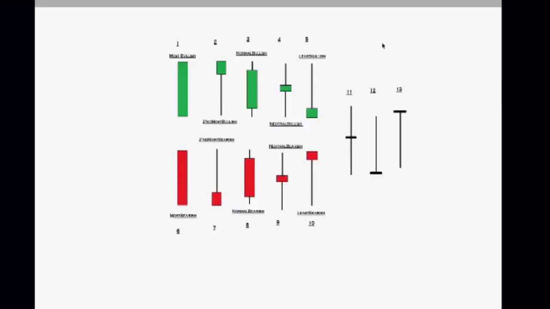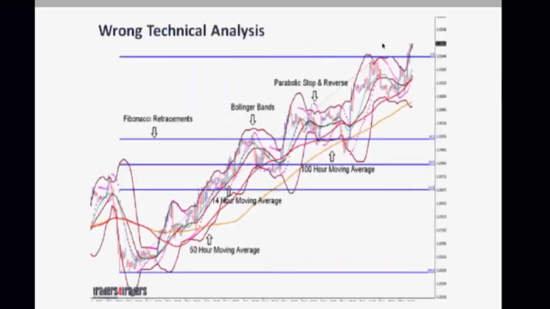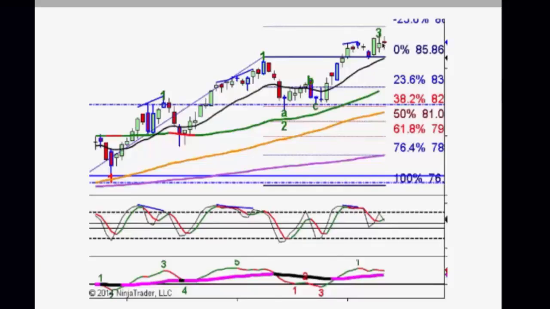Here's another thing I learned not to do. These are called candlestick formations, and total hogwash. I have another word for it, but none of this makes any sense. And you see this kind of stuff, Bollinger Bands, Fibonacci retracements, all of this stuff. Here again, all after the fact. Here's another one, retracements, all kinds of stuff like this that shows different percentages of retracement. Well, where do you...